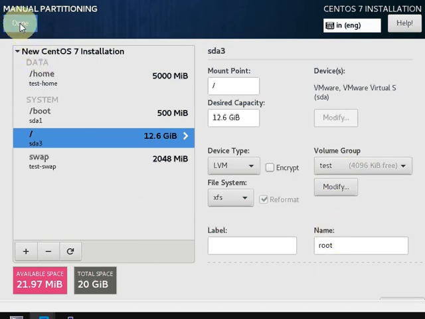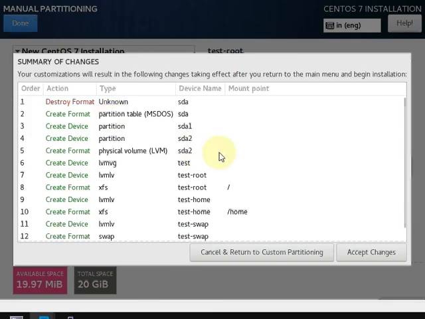Now click on done. As soon as you click on done, it will show what it will do once you accept the changes. It will destroy all the partitions on your existing hard drive. It will create a single standard partition for boot, and with the rest it will create a single physical volume, then create a volume group called test, and then the logical volumes which we have selected here.